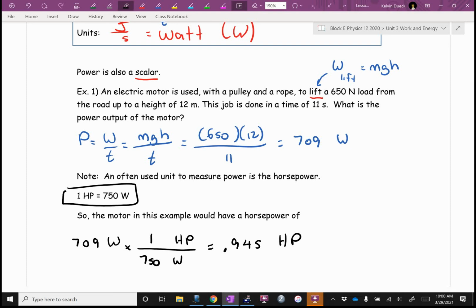If you were to sprint that set of stairs as fast as you can, I've run the numbers. If it took you about 1.5 seconds to get up those stairs, you're almost bang on 1 horsepower. Most of you are capable of putting out 1 horsepower, but for short bursts. If I said sprint 50 flights of stairs in a row, none of you could do that. Okay? But almost every one of you could sprint 1 flight of stairs really, really quickly.